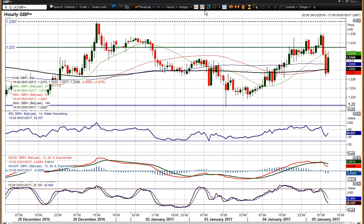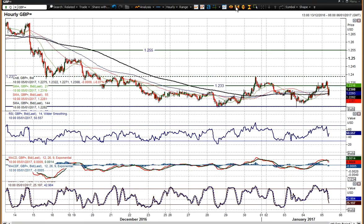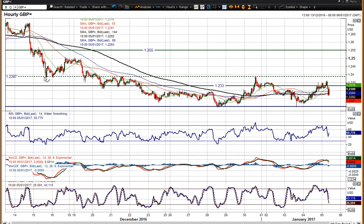Now 23.87 is your near-term resistance. That is a bit of a pivot line, isn't it? Come on, move. 23.87, generally speaking, caught the lows and highs there. It's a bit of a pivot line, so that is a resistance that is in place and needs to be broken to the upside. Otherwise, I think this market is going to continue to drift and retest the